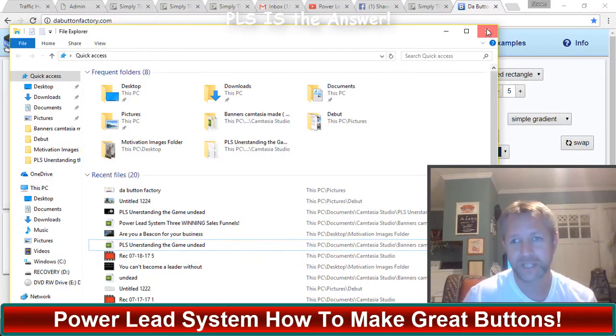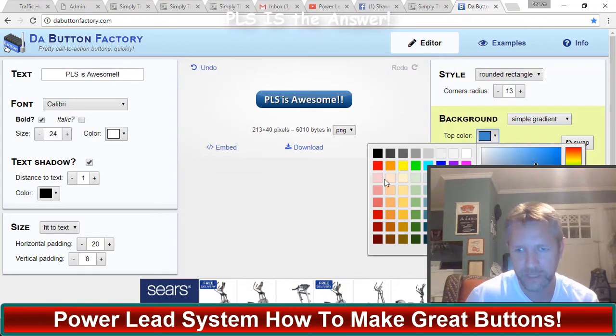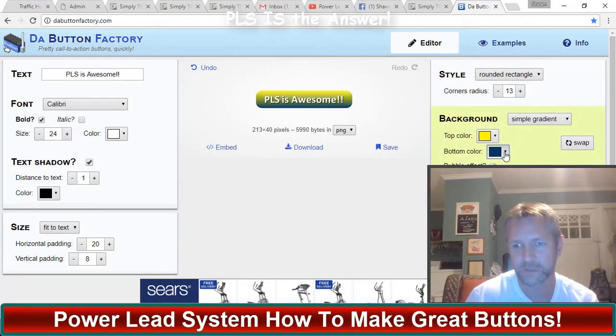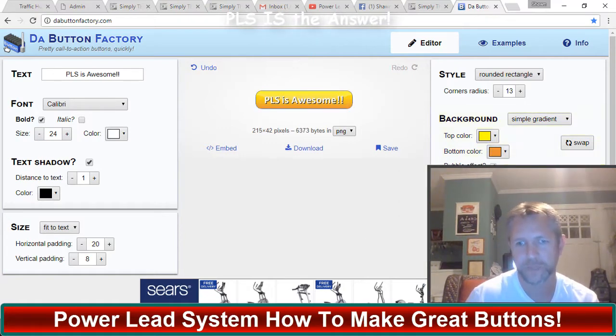All you got to do is just go here, mash some buttons, and start playing around. I think this was at 13 a few minutes ago. Let's go to here. This is yellow on the top. Let's go orange on the bottom. That's a little bright, ain't it? Let's go here, here. Good enough. Border,